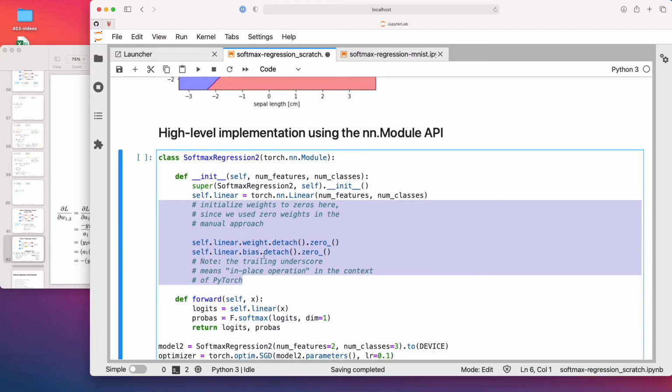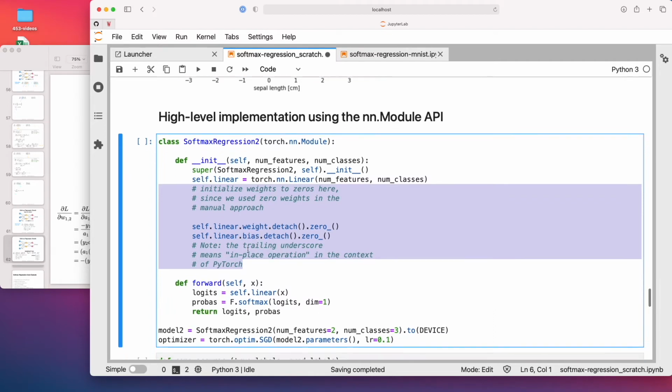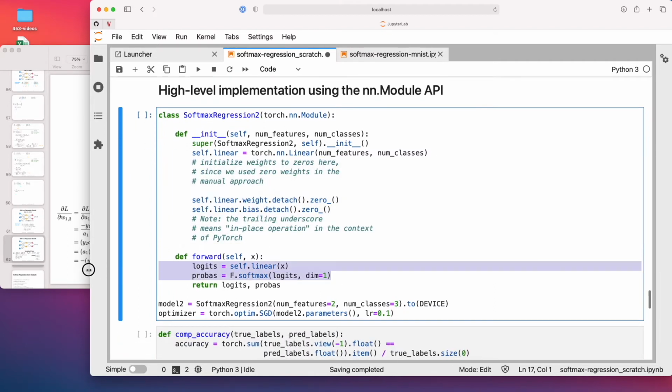But we will also talk more about weight initialization in a later lecture. I think maybe in 2 weeks I will have a lecture on how we can initialize weights and what these random weights are. And there are some computational tricks to choosing good weights. All right. The forward method is now very simple.